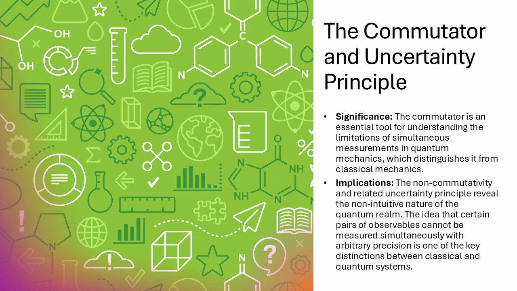And to make things even more interesting, we can't know all the components of angular momentum with perfect accuracy at the same time. Seriously? It's like trying to pin down a spinning coin on its edge. The more you try to force it to land on heads, the more it might flip to tails, because by measuring one component, you're messing with the others. Exactly. They're intertwined in this quantum dance linked by those non-commuting operators. The more we try to pin down one component, the fuzzier the others become. So it's a fundamental limit. It's baked into reality itself. This is blowing my mind.